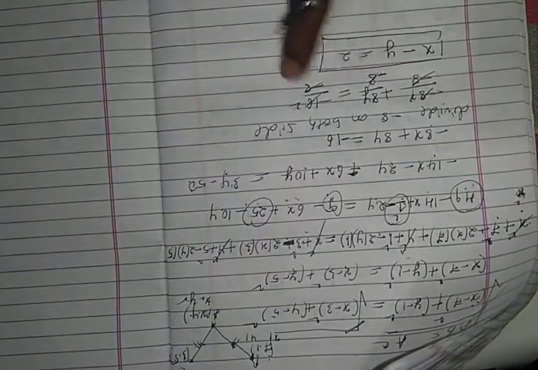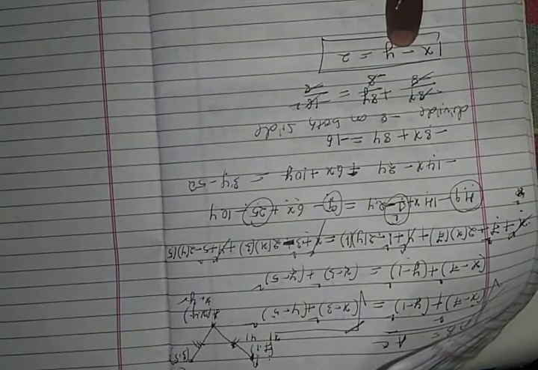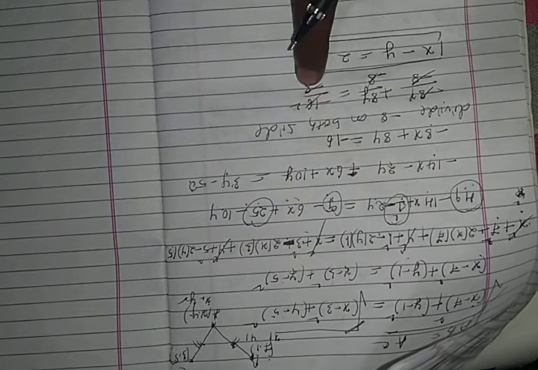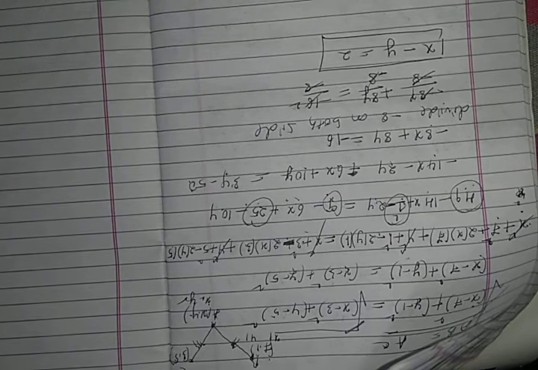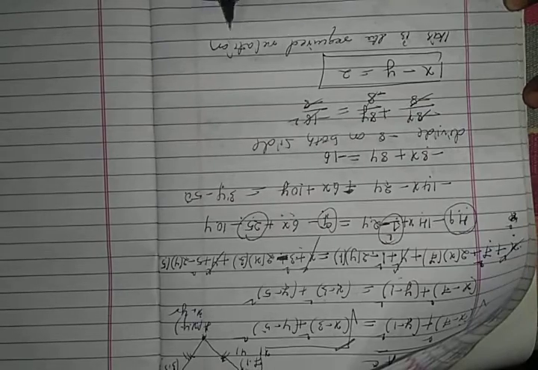Divide minus 8 on both sides. So minus 8 gets cancelled, minus 8 and plus 8 get cancelled, the sign will be minus, and minus 8 gets cancelled, the signs cancel, then 8 eights are 16, then x minus y is equal to 2. This is the solution. So this is the required relation.